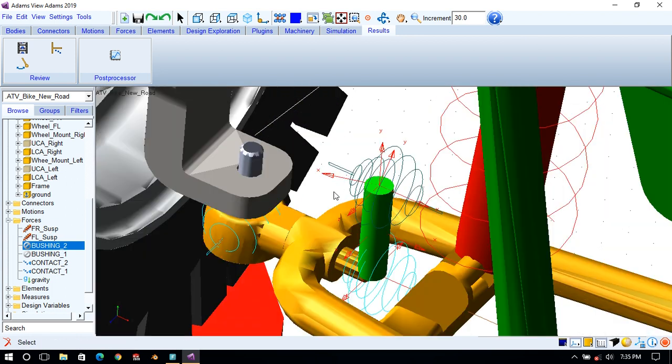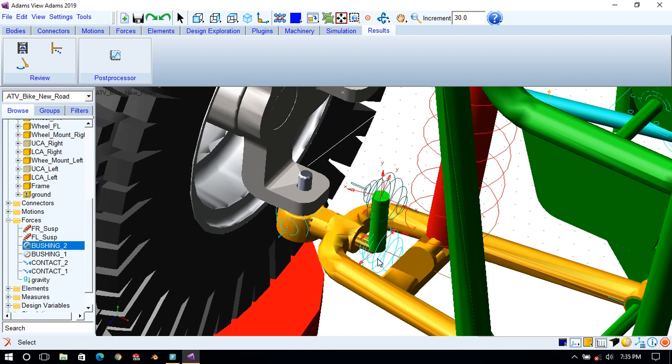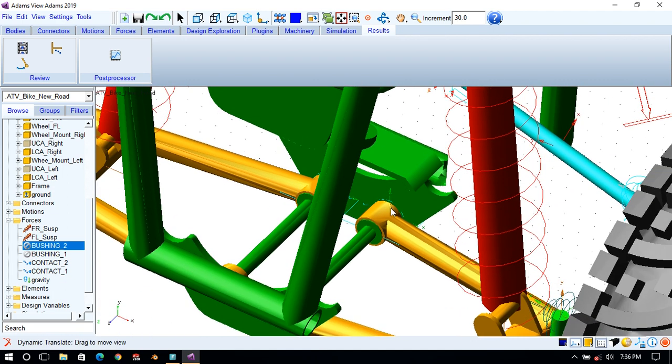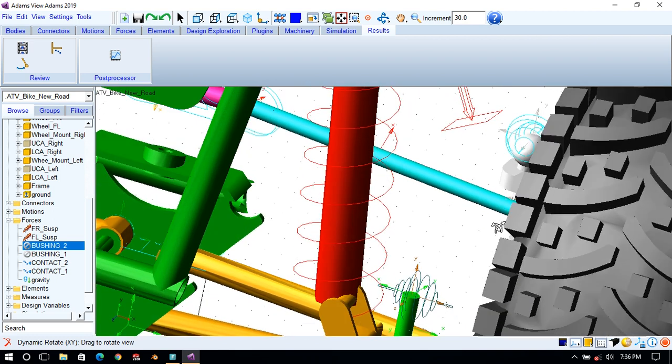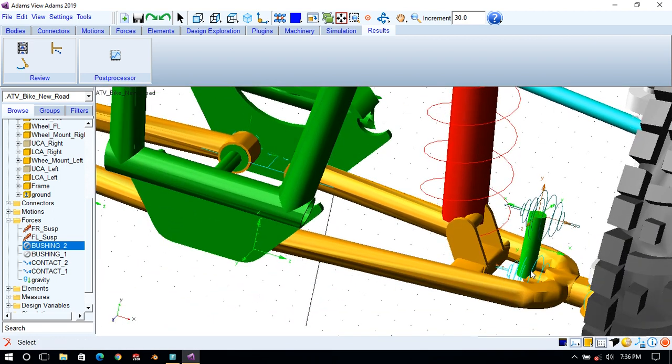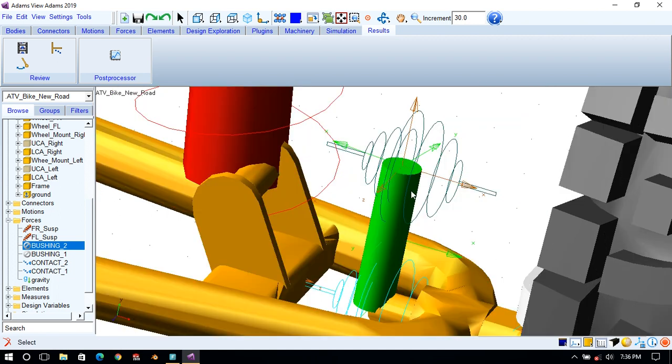So what I have done, I have created dummy cylinders here, which are connected with this suspension lower arm. The starting point is at the center of this rod, and I have extended it up to 40 mm or 30 mm as per your wish. So I will keep this cylinder as it is. These cylinders act as arms for mounting of this anti-roll bar.